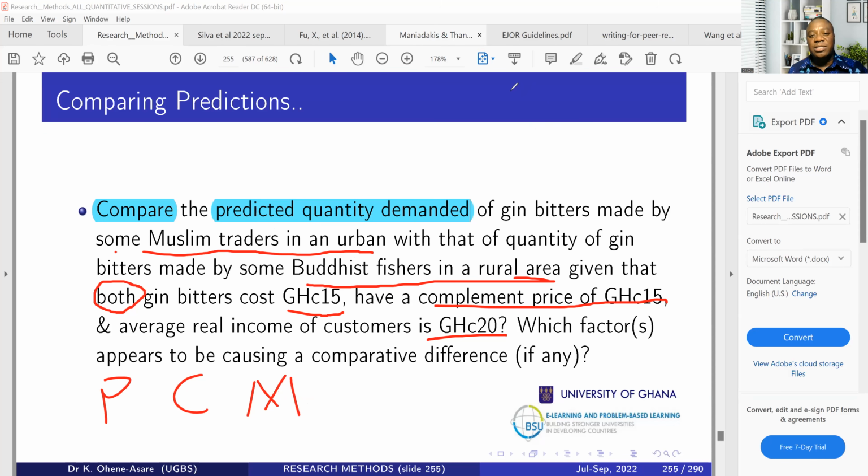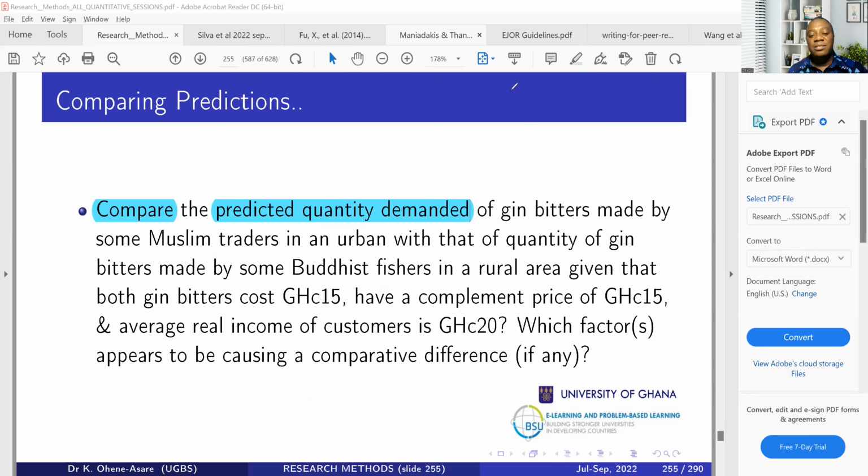So the first one says this. Let me just go back. If I were to write, normally I don't like to write, but if I were to write, watch. I'll write quantity demanded, and then you have to bring your 280.25. If you can remember the first lecture on this, I told you that the constant has no meaningful